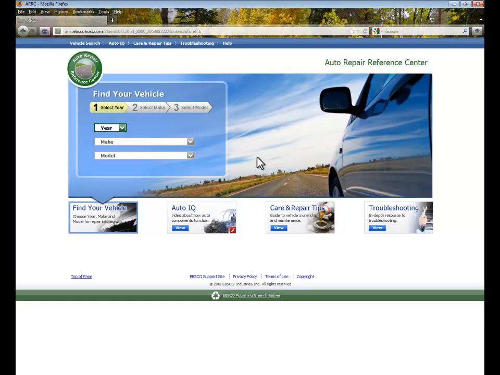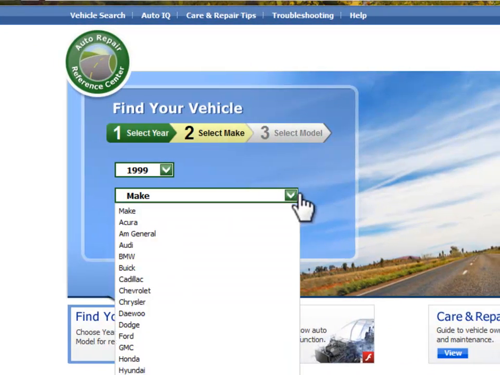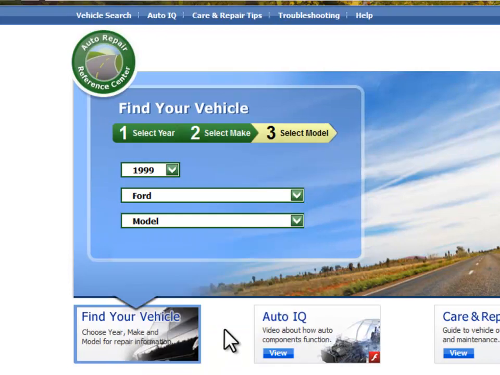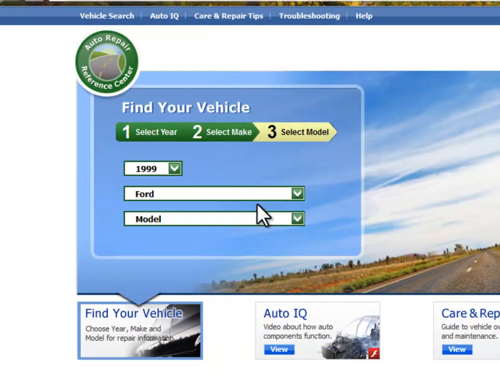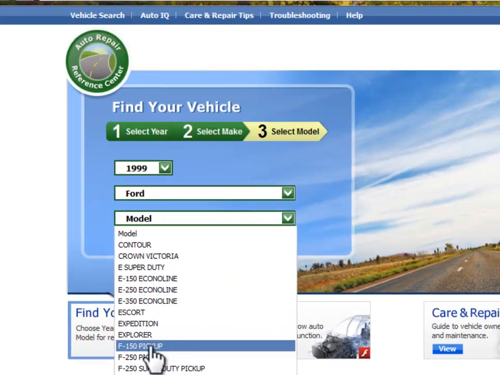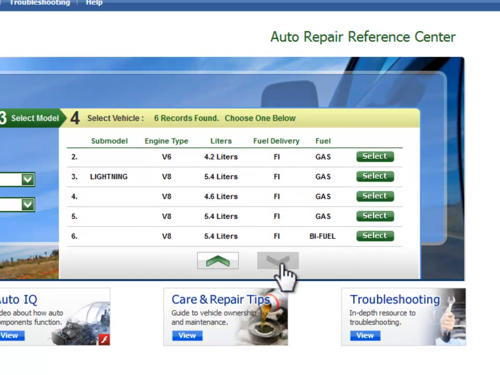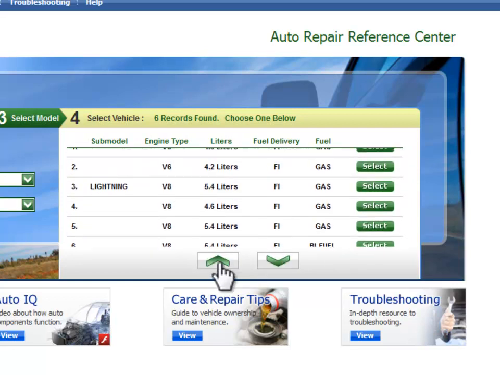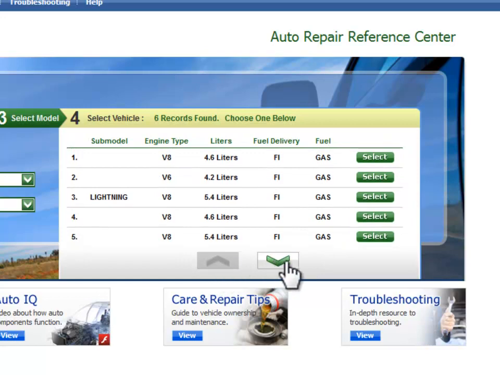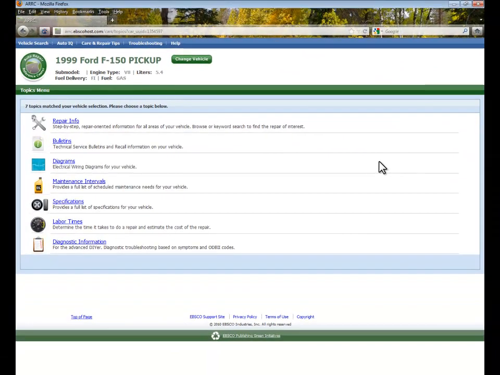Now this is the main page. From here you can select which vehicle you have. I'm just going to use one of mine, so I'm going to select a 1999 Ford F-150. And you can see once you select your vehicle, another option pops up and you can select a trim level. So you can scroll through and then select your individual vehicle, and then this launches